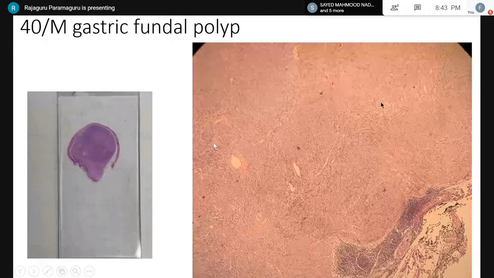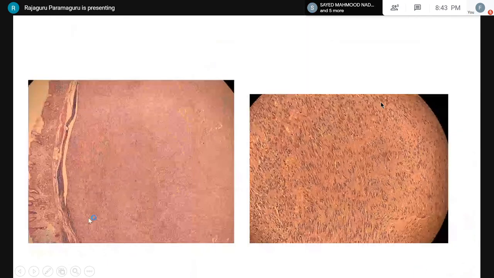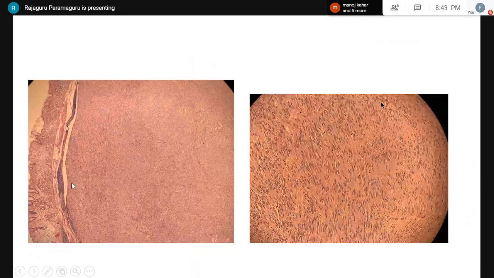male. This is a photograph of the slide. I did not have a gross image of the case, so I just clicked the photograph. You see that the mucosa is seen here, and a polyp is very clearly seen in the submucosa, which is bluish in appearance. This is basically a spindle cell lesion in the submucosa. I have inked the deep margin, and here again you can see the mucosa, which is completely fine, and a circumscribed lesion in the submucosa, which is composed of